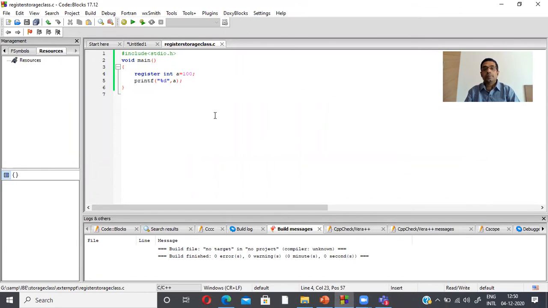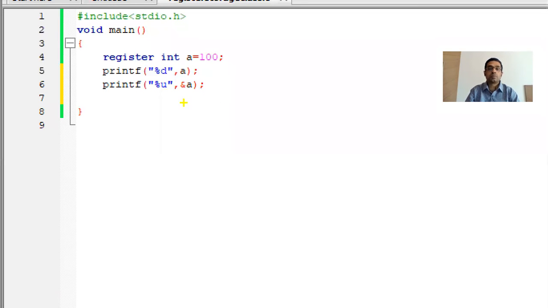Now I'm trying to print the address of this register variable with another printf. How to print this? We have to use the address operator, %u, the unsigned integer format specifier, because memory addresses are positive integers. I'm applying the ampersand to print the memory address.